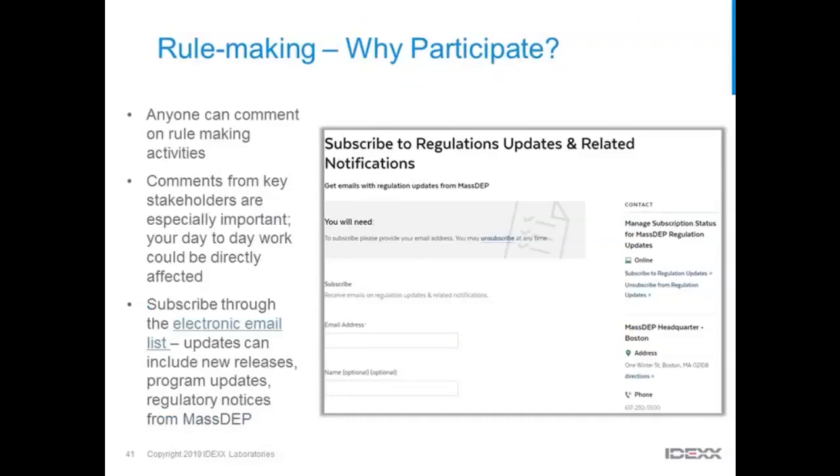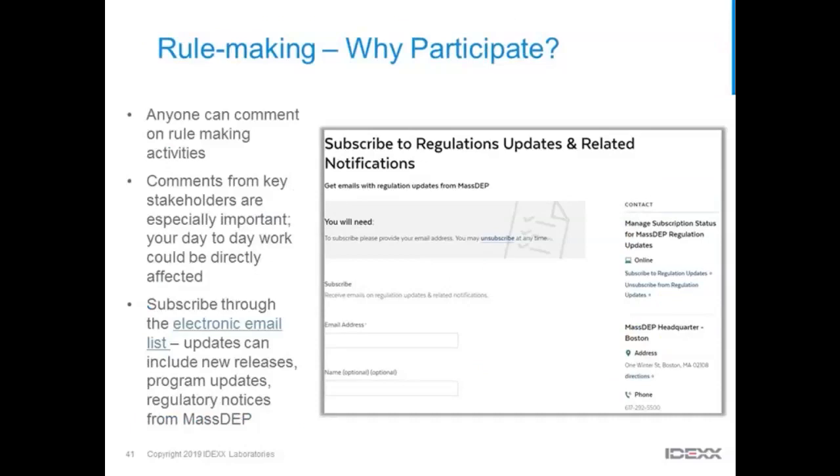So today I talked a bit about Massachusetts regulations, and just to wrap up today's regulatory portion, I'd like to share part of what I do, which is I follow various state rules and regulations to see how they periodically change over time. I'd like to provide just a little bit of information on how easy it is for anyone to follow and even participate in Massachusetts rule changes.